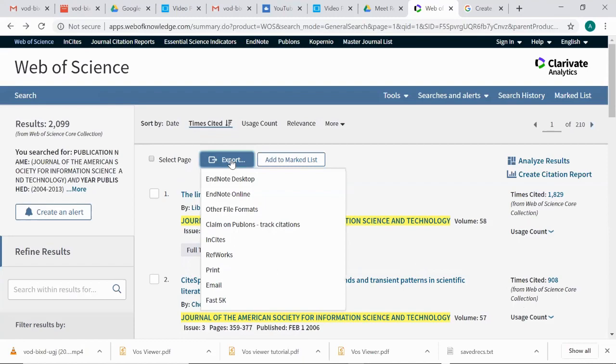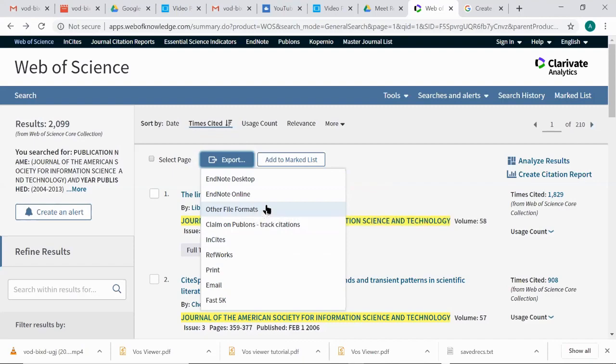I'm just going to click the export button, and there are lots of drop-down options. You can export it to EndNote. If you have an EndNote account, you can export it to EndNote desktop or online account. There are other file formats, or you can email it also. But for the viewer, we have to download it as a text file or tab delimited file.